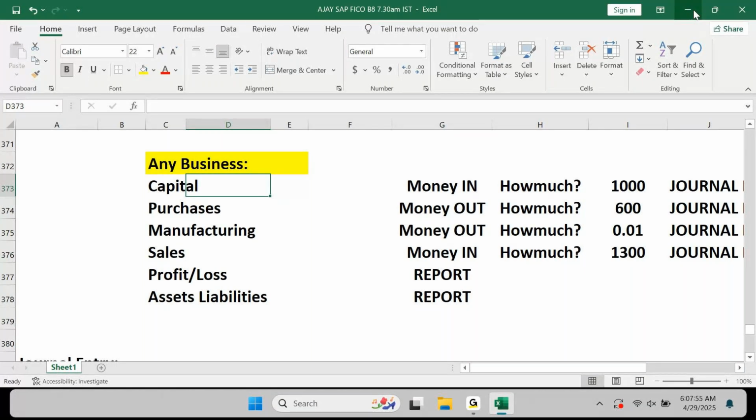Your money in, your money out is basically representing what you are going to do with the transaction in the business. Whether your business transaction is having a debit impact on the financials or a credit impact on the financials, because you will only have two points: money is coming inside or money is going outside. Accordingly, we need to decide